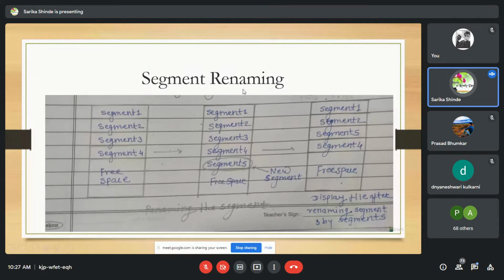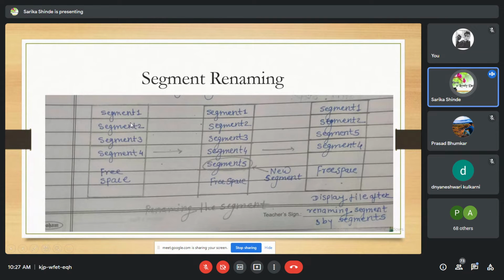Now see segment renaming. Okay. We have renamed segment 3 as segment 5. Animation is achieved by changing the position of an object or by applying a transformation operation on the object in the next frame.